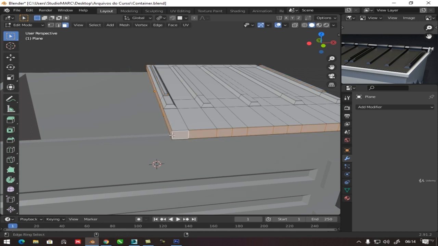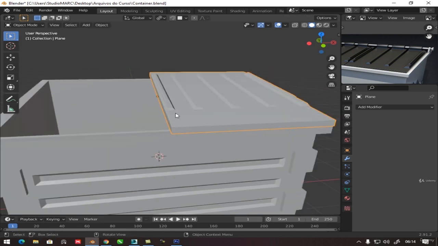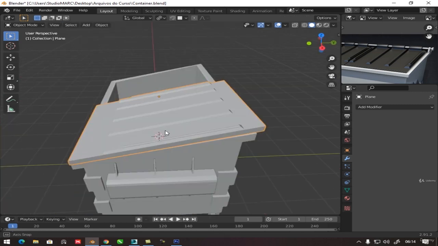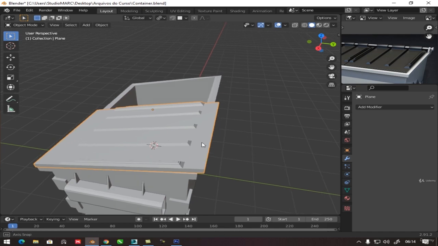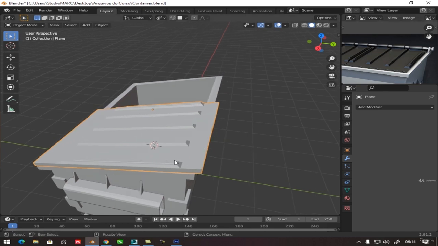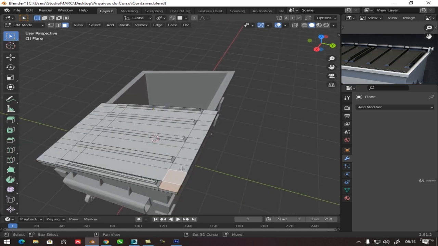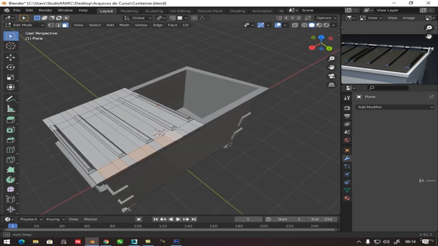Okay. I'll do the selection. I'll press Ctrl Alt, I click on the line and it does the loop. I believe you already understood this idea. And here I will pull these details, and I'll get here the selection of faces, and I will get, it needs to be inside, so I'll get 2, 2, 2,